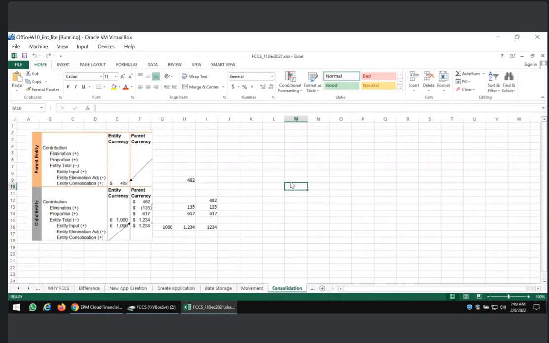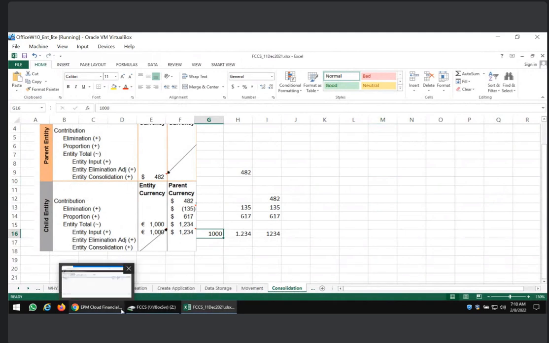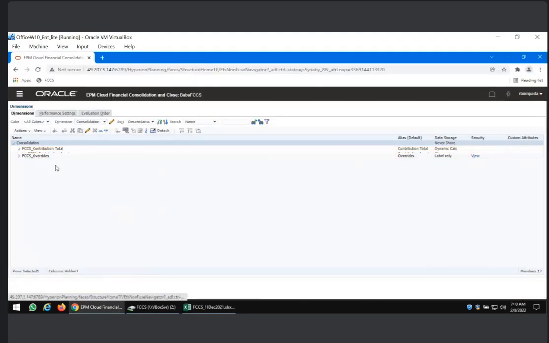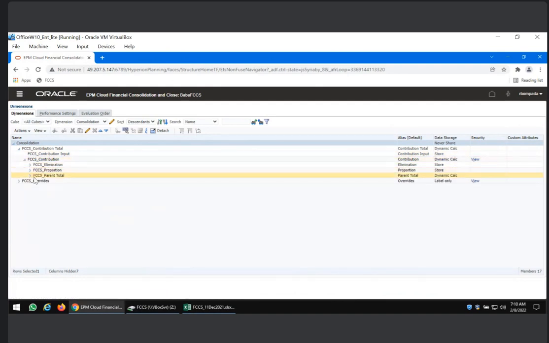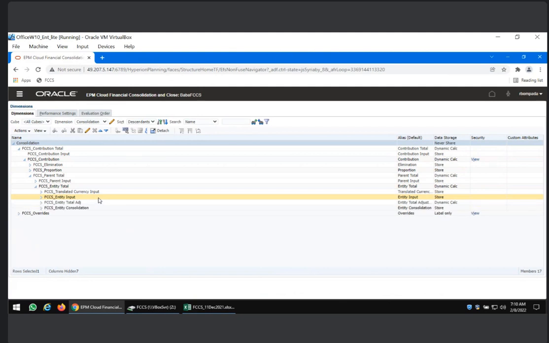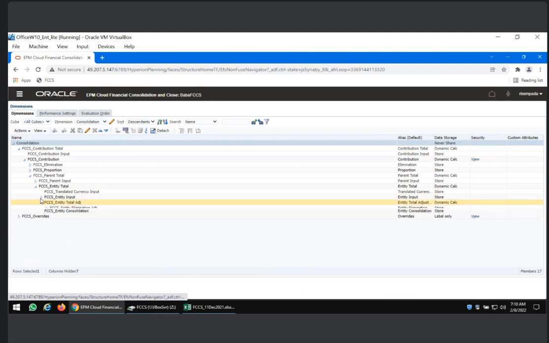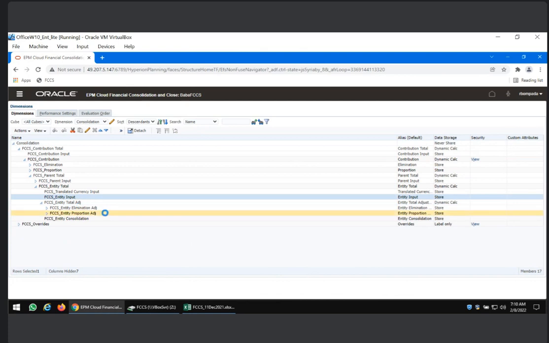See, even though this screenshot is old, here you can see contribution input, contribution, under contribution parent total, under parent entity total. From here, your data entry starts. Clear? So here you can see entity currency in FCCS_Entity Input. Here we enter the data